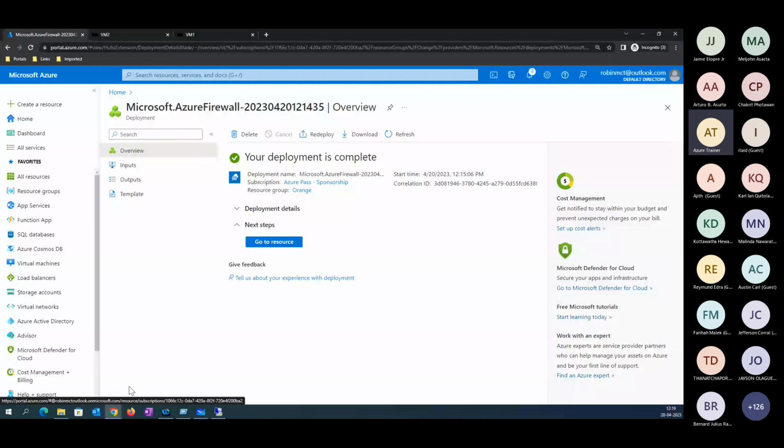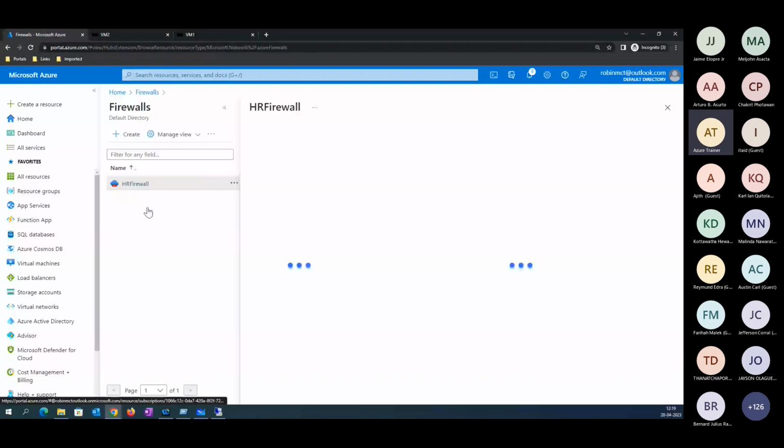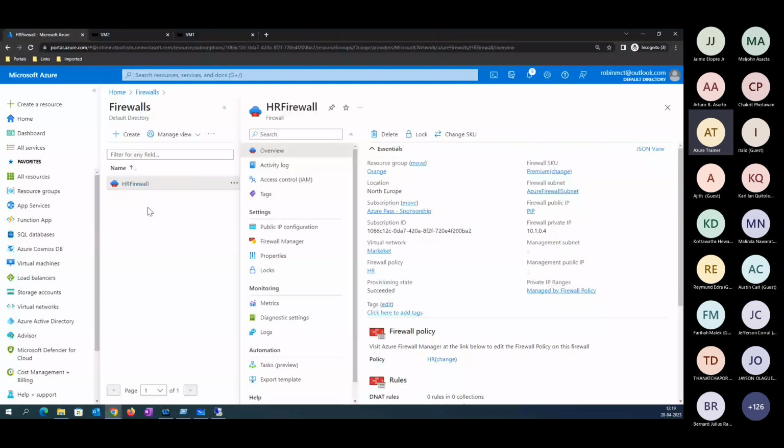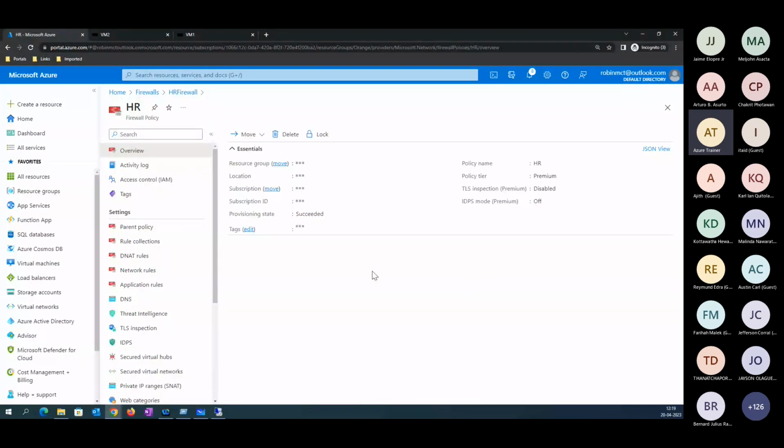Right now, you may be able to see you have a firewall. It's been configured here. If you go to the firewall feature, you have a firewall, but there is no rule allowed or configured here. In case you want to configure any rule, for example, if you want to block some website, or if you want to do some whitelist or blacklist of IP addresses, all such actions are performed inside your firewall policy.